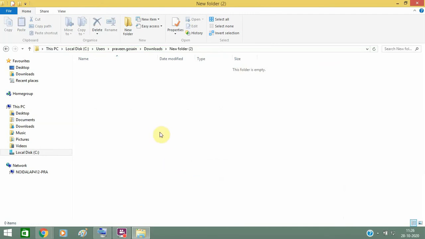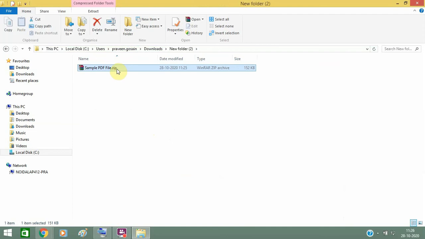Unzip this file here. You can extract the file.